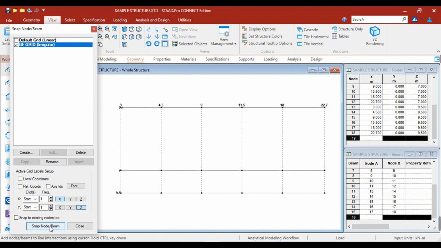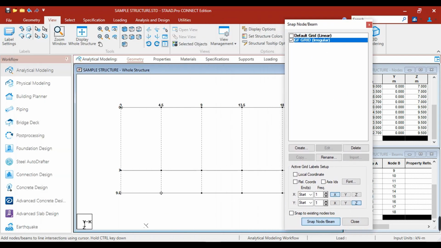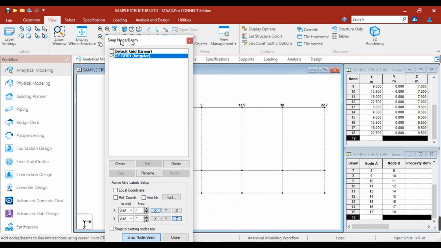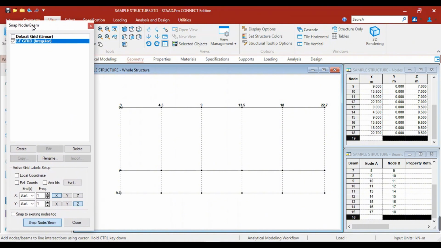Click the snap node or beam, starting from the topmost to the bottom, along the positive Z. So this is the axis, and we can now see that we are modeling to the positive Z.